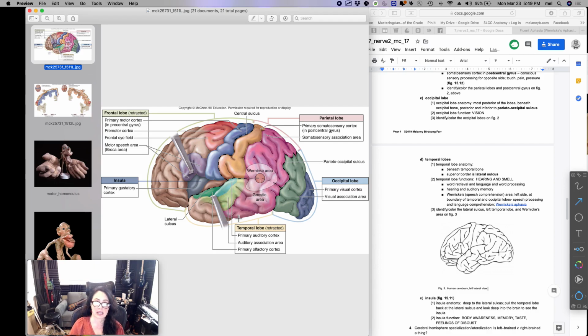What happens in this location, your hearing and your auditory memory is there. Auditory memory, so like remembering what something sounds like. And then word processing is there, not motor speech, because that was here in Broca's area, but understanding the meanings of words and processing the meanings of words is there. And then hearing and auditory memory, as I mentioned, and also word retrieval. So coming up with the word that represents the idea that is in your head is in this temporal lobe